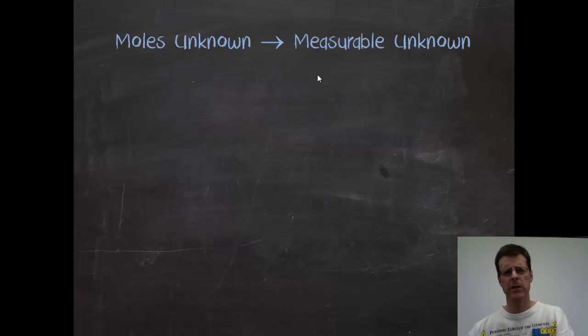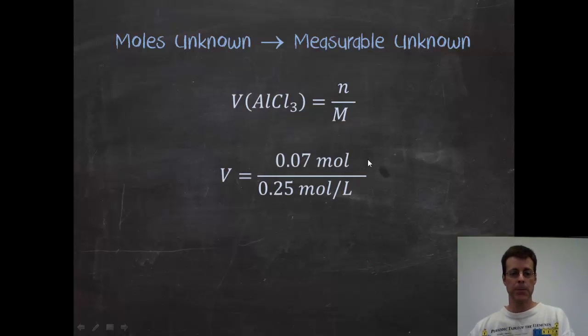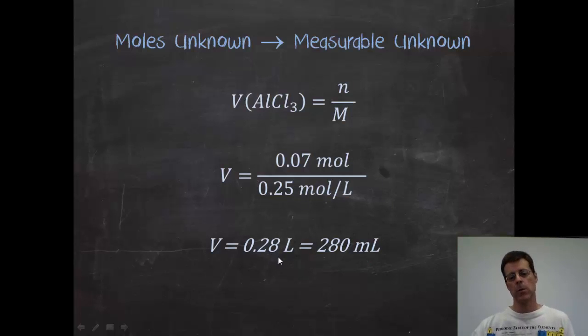And finally, turning that back into a measurable, don't forget my measurable here that I'm looking for is a volume, not a mass. The volume is the number of moles divided by the molar concentration, or molarity. And I was given that in the question, just like I would be given, not necessarily the molar mass, but a chemical formula to find the molar mass. Given the molar concentration of 0.25 moles per liter, and I have 0.28 liters,